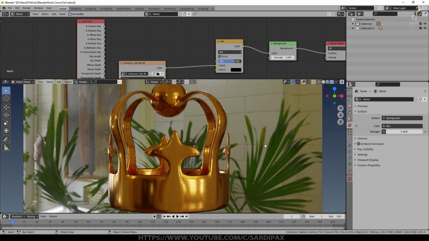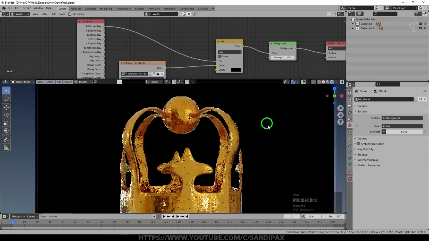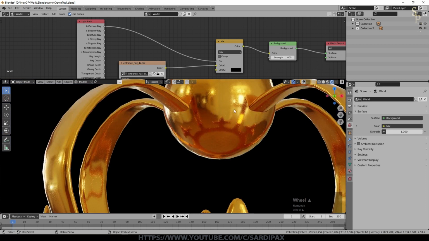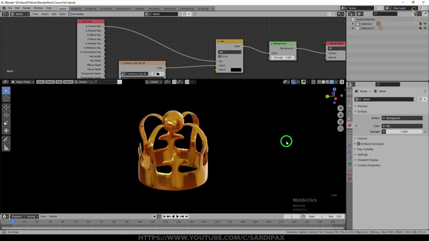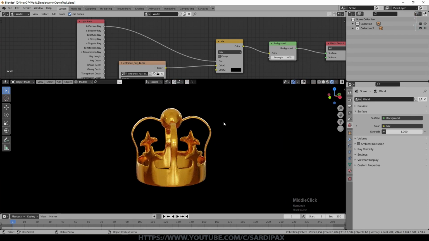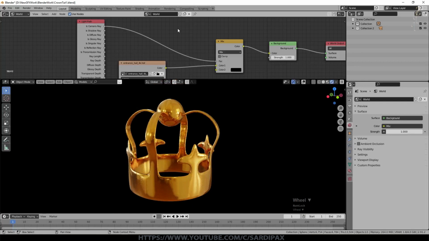So if we've got a ray that could go straight from the camera lens out and hit the background, then this becomes a 1 here. In other words, it pushes that over to black, and there you go, you can see it. And yet if we look in the reflections on the ball here, you can see that our HDRI is still showing. So we get the benefit of the relatively realistic illumination of the HDRI without actually having the background in the scene. You may not want that, but that's an easy little trick.